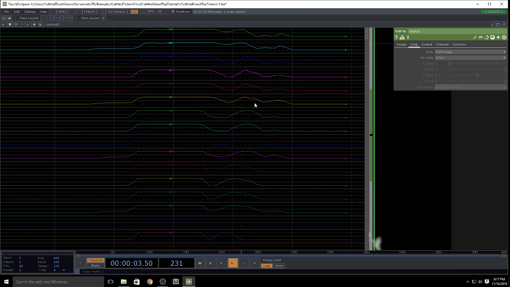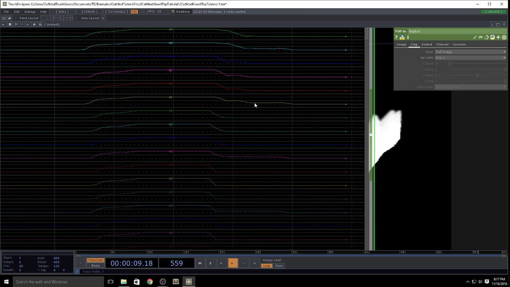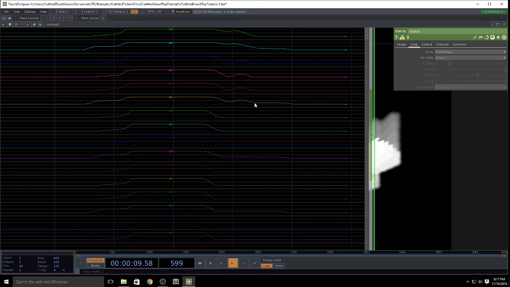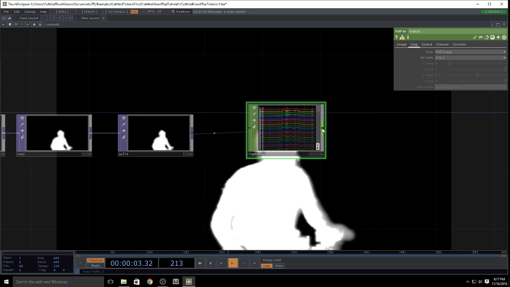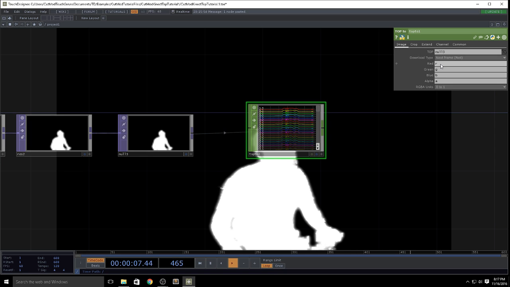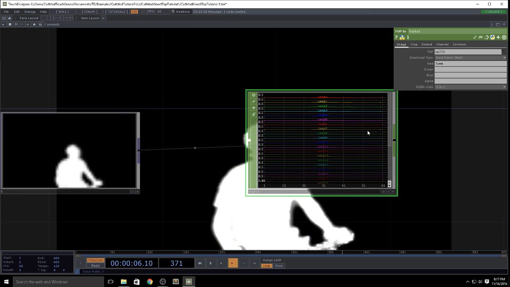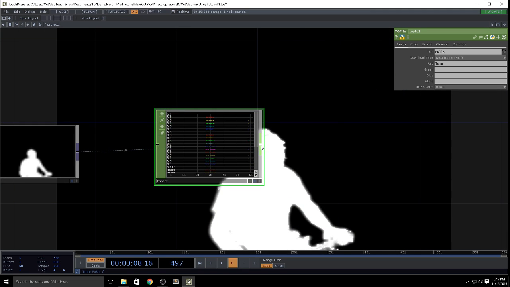So now you can see a representation, which is kind of hard to tell. You can kind of see where my arms are, maybe. But we're going to say to just take one channel off it, call it Luma. And then